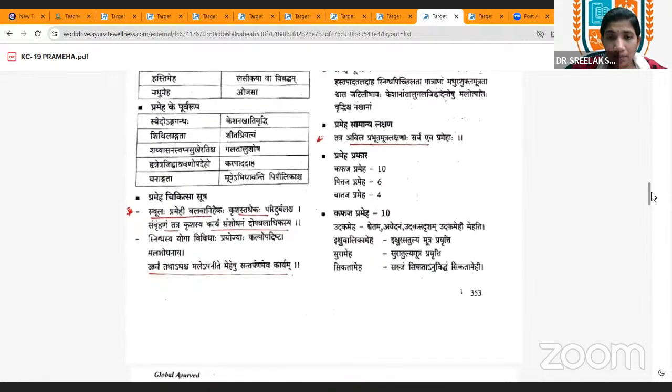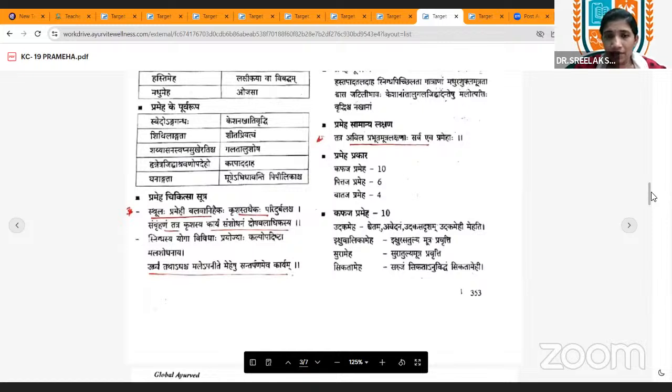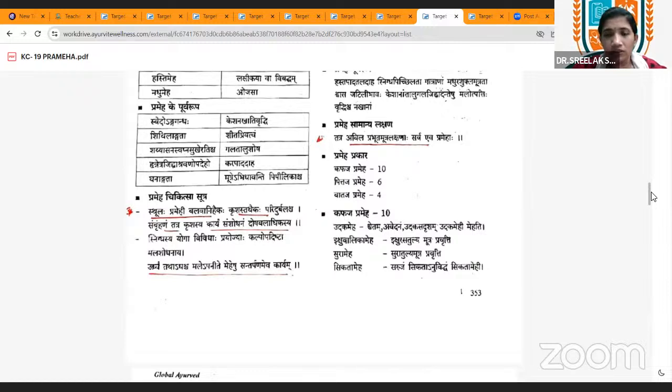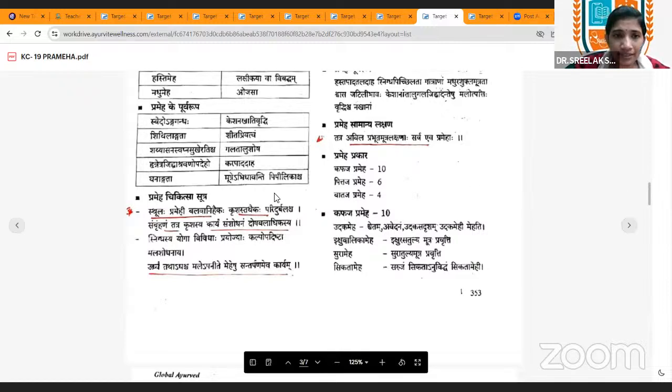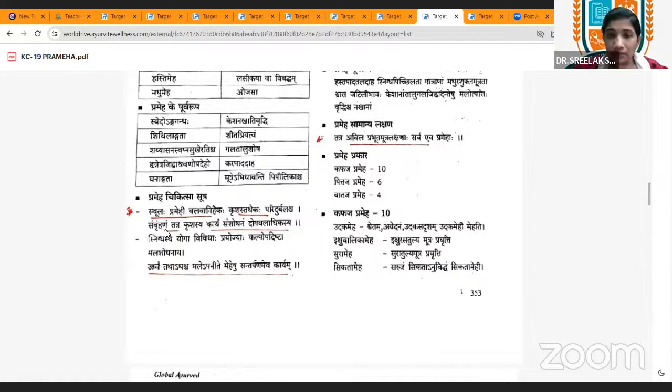Coming to the Samanya Lakshana of Prameha, what is the Samanya Lakshana? Avila Prabhuta Mutra. So there is an increased frequency of urination and turbidity of the urine can be seen. That is Avila Mutrata and Prabhuta Mutra. Very important. Okay. And coming to the Chikitsa Sutra of Prameha, mainly in Sthula Pramehi, we can give Samshodhana therapy,